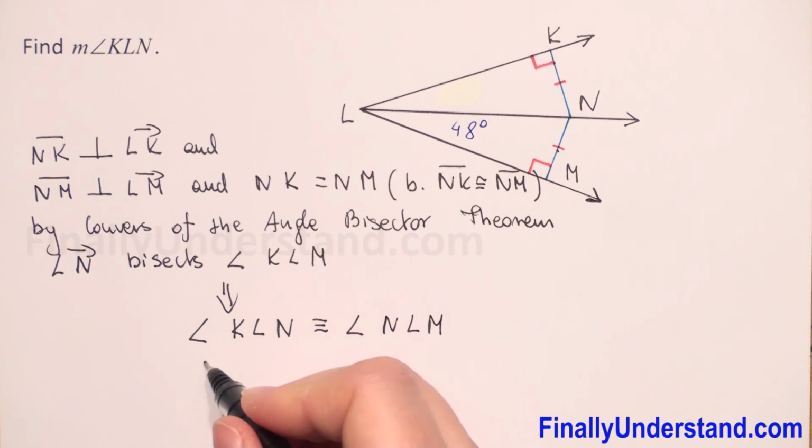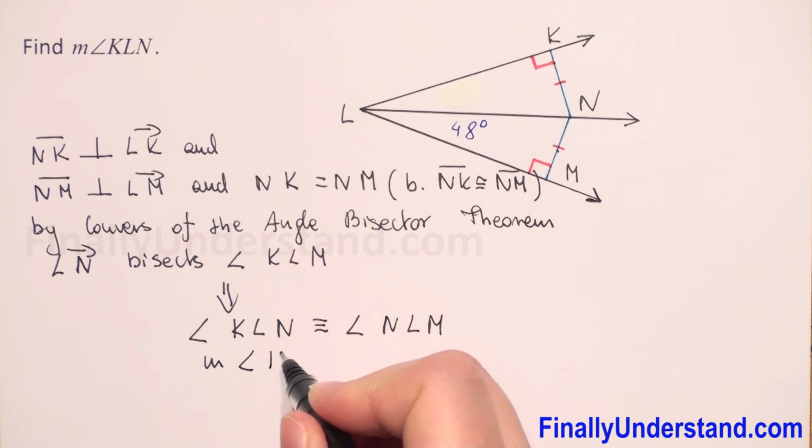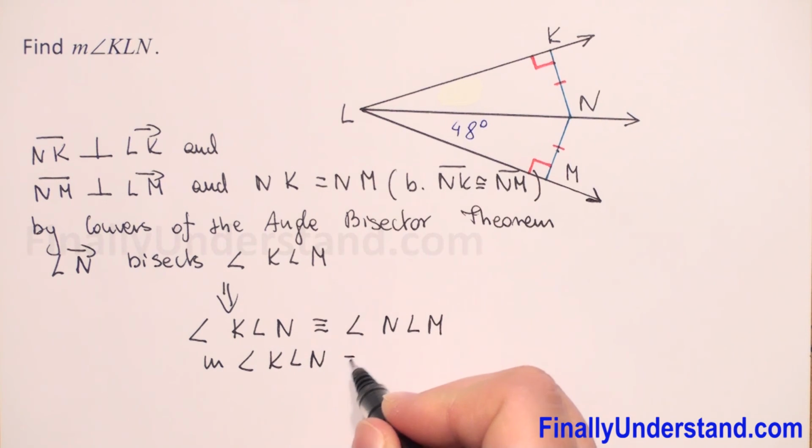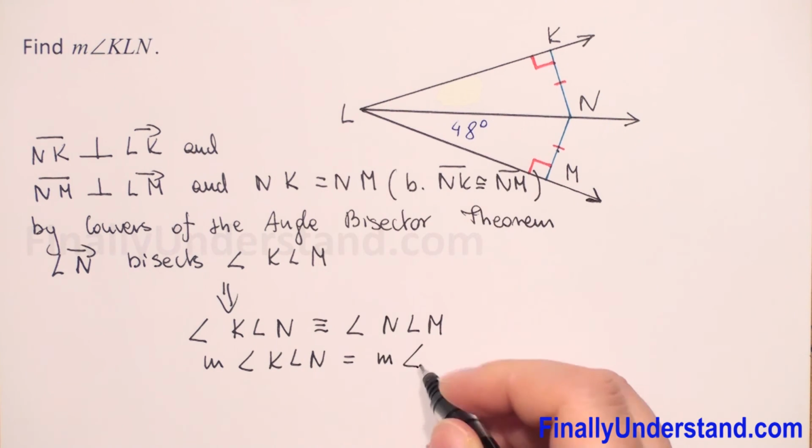It means that the measure of angle KLN is equal to the measure of angle